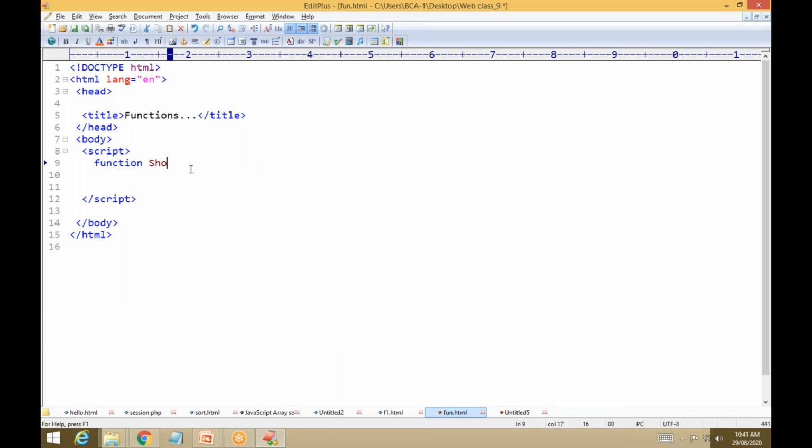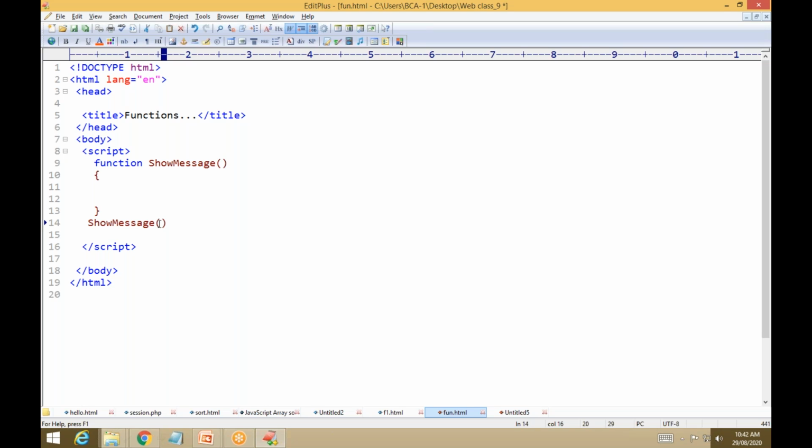So here I'm writing showMessage. showMessage is a function name, open and close. So this is a function, then I want to call this function. But here there are no parameters, you have to observe how I am writing the programs.